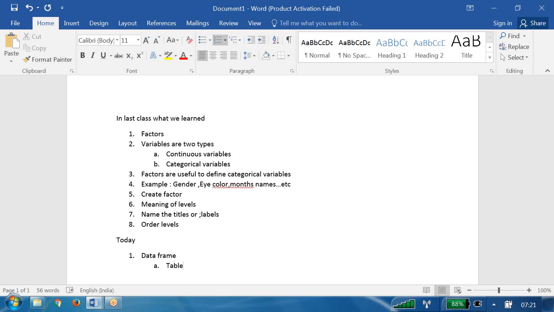I can compare it like that. I can create a data frame